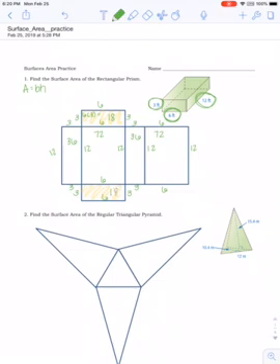Alright, now that I have all of those, I add up all those faces. So I'm going to have 18, 36, 72, 36, 72, 18, and when I add all those up, I get my total surface area of 252 square feet. So that's our process. Okay, rectangular prisms are a bit easier